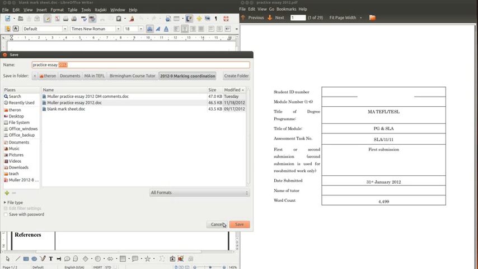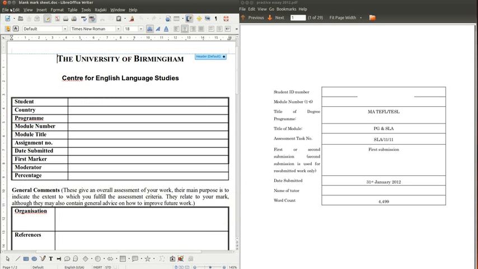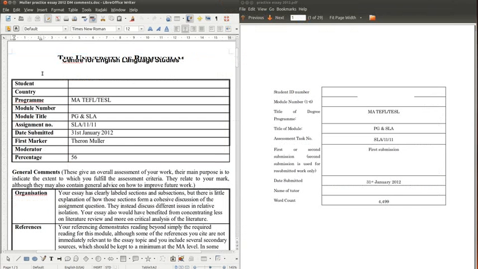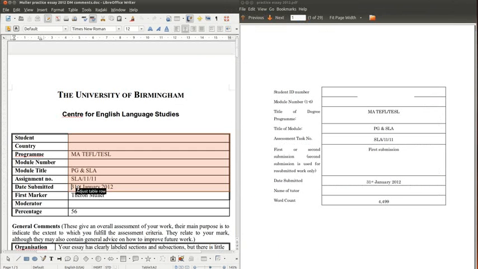And then I'll save that, and then I'm working with a new file, and that means that the mark sheet's still blank for the next time that I start. And when I do marking, I always start with a blank mark sheet. The first things I fill in are the initial table in the form down to the first marker name, and of course I leave the percentage blank,